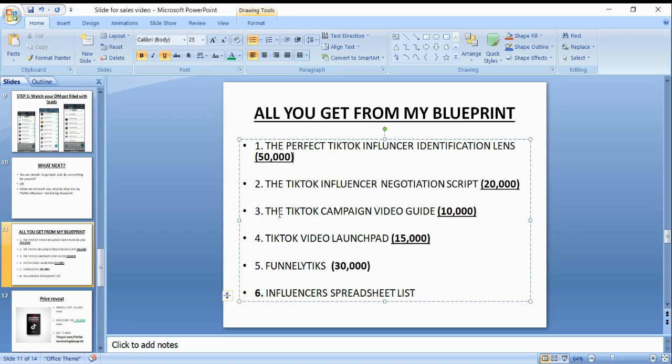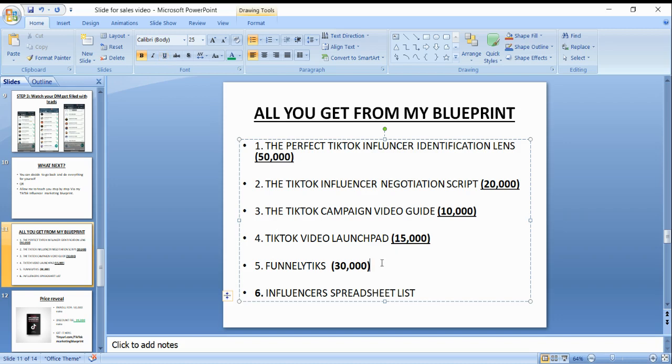And at the end of the day, you get lots of leads and your leads will understand what you're trying to say. But all the details of that are inside my blueprint. If you get my blueprint, you have that knowledge of how to take people out of TikTok without TikTok detecting that you want to take people out of their platform. That can be tricky, but you get all the gist inside my blueprint.